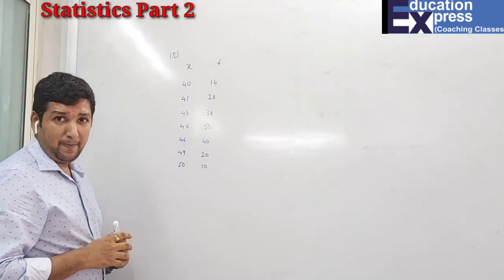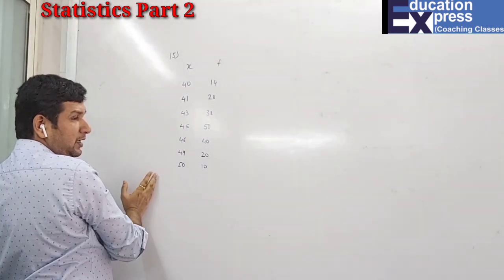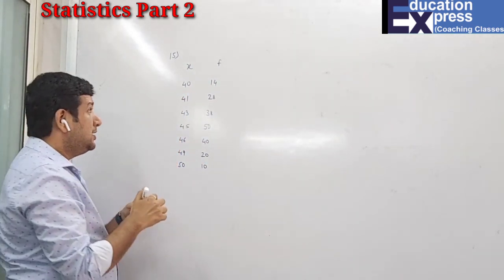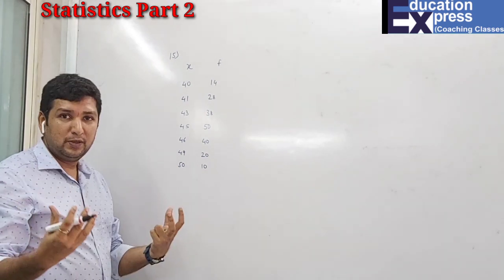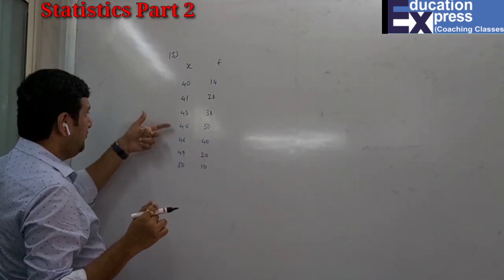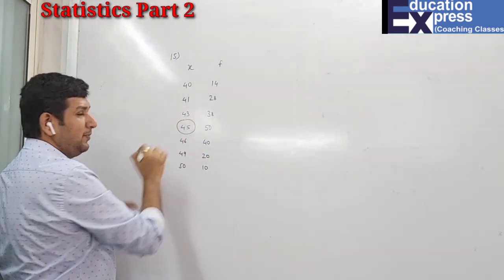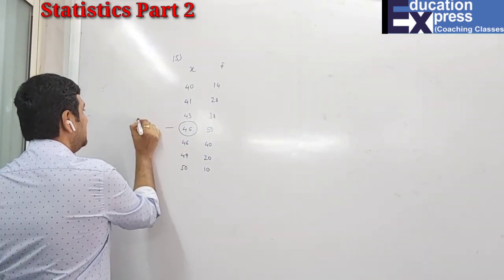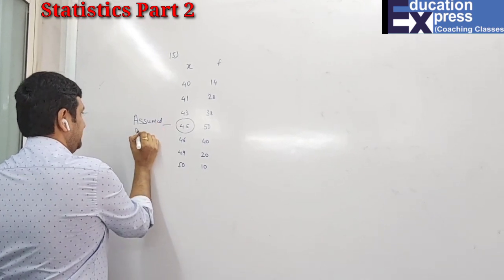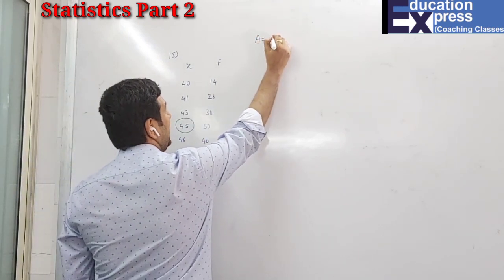In this also, first we have to see what the observations are. We can see 40, 41, 43. There is some particular pattern, and here, obviously, there is no pattern. So this becomes your f, this is your x, they mentioned also. Now from the x, again you will assume a mean. And which value will you assume? Obviously the mid value. So 1, 2, 3, 4, 5, 6, 7. Which is the mid value, students? The fourth value is the mid value. So you can just say that the assumed mean is 45. That means your assumed mean A is 45.